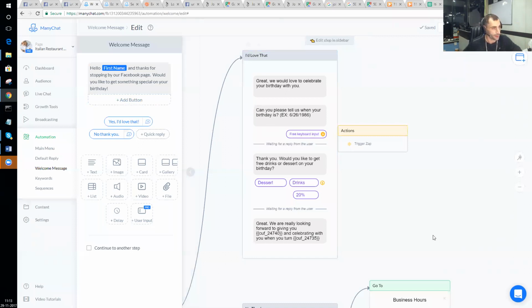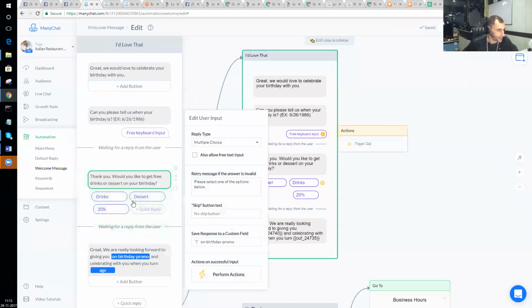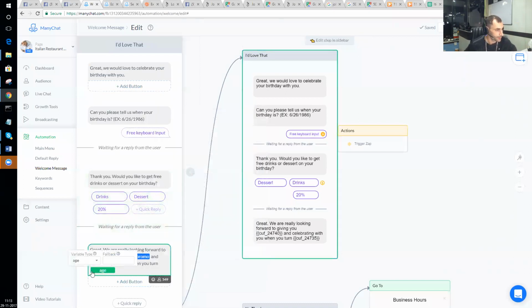That this is actually incorrect here. So I'm not sure if we can do this age. I'm not sure if we could do age. I don't want to reference that age because that's their current age. That's not going to be their birthday age. I want to figure out how I can